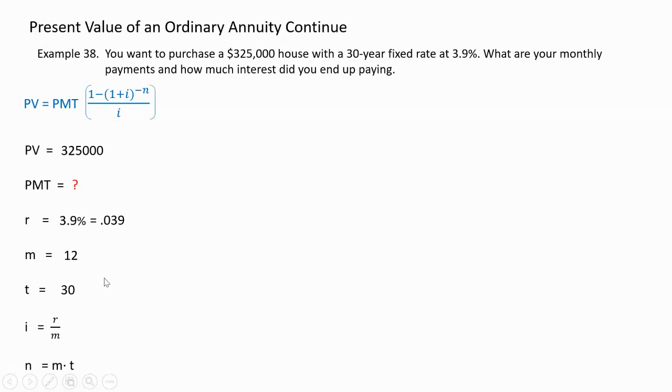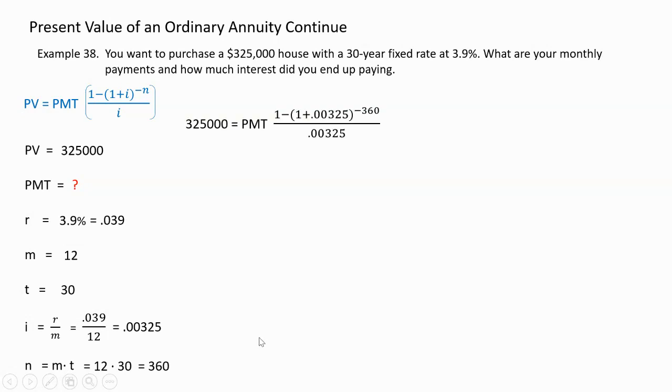The i will be r divided by m, 0.039 divided by 12, which will give us 0.00325. And the n will be m times t, the 12 times 30, 360. Just put into the formula. And again, let's put it into the calculator in one steady flow. So let's start by entering the numerator. Right, so we're going to get